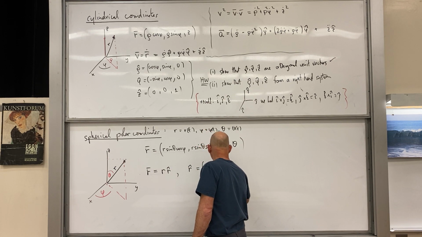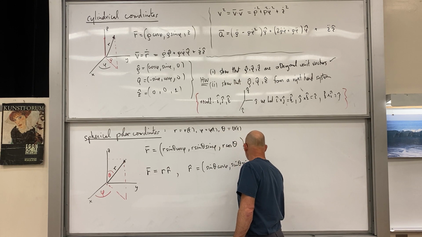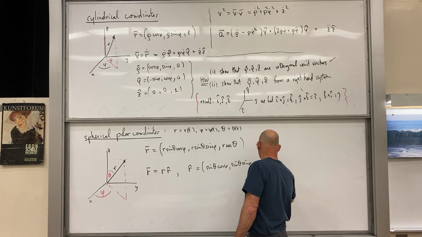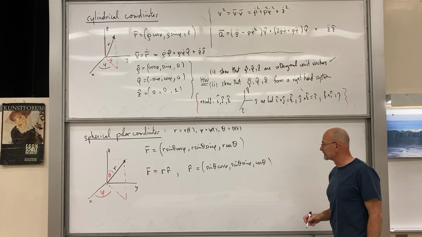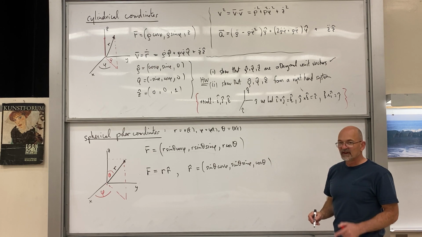So we have sine theta cos phi, sine theta sine phi, cos theta. We want to show that that's a unit vector. But now we need the